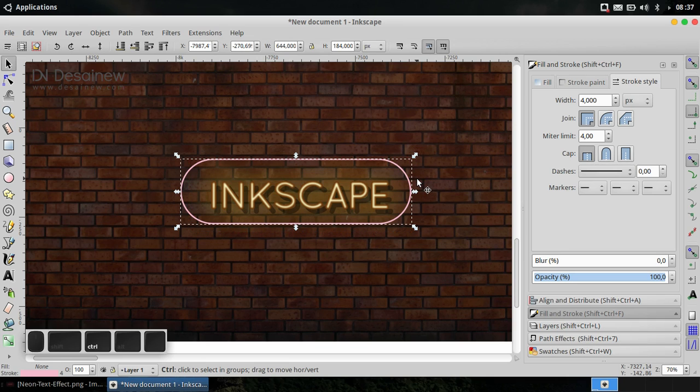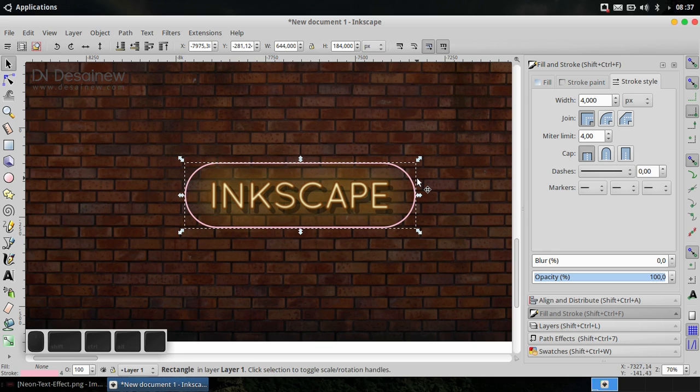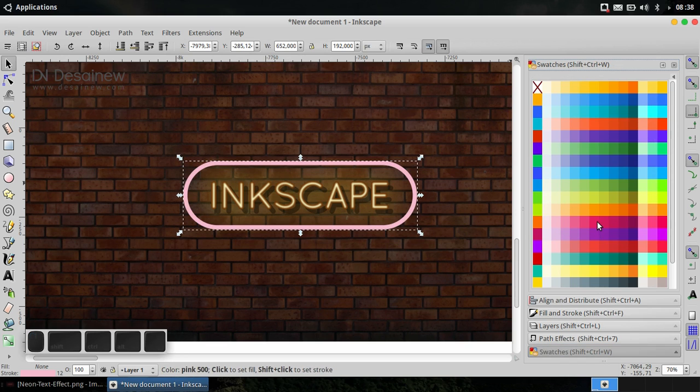And then you can create the inner glow effect with duplicate, and change the stroke style. For the width section fill in number 12, and for color it is pink 800 with hold shift.